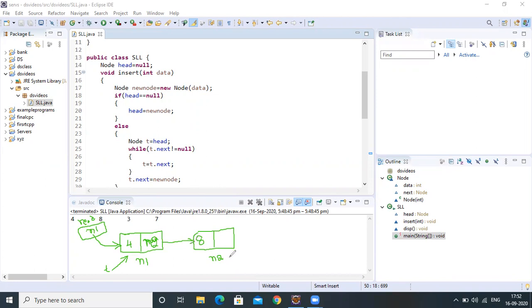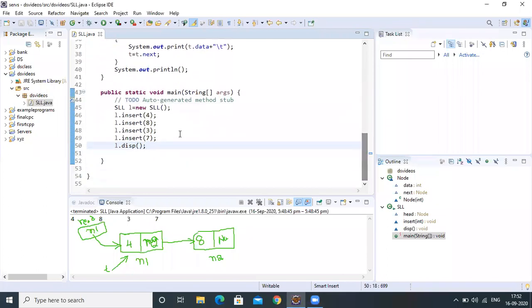Our new node name I am saying n2. So n2 will be stored here. This connection is established. So here it will store null. Next, what is the next statement it is going to execute? Insert 3.